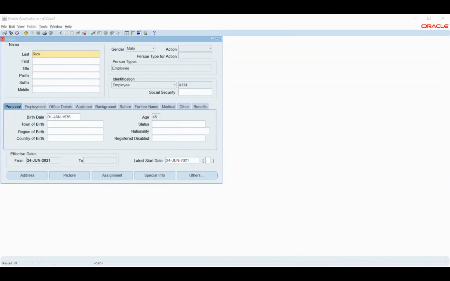Similar process. How it will work is that we have a concurrent program which will reverse these entries based on the payroll run that we have done. If you remember, initially we saw two things. Let me navigate here.